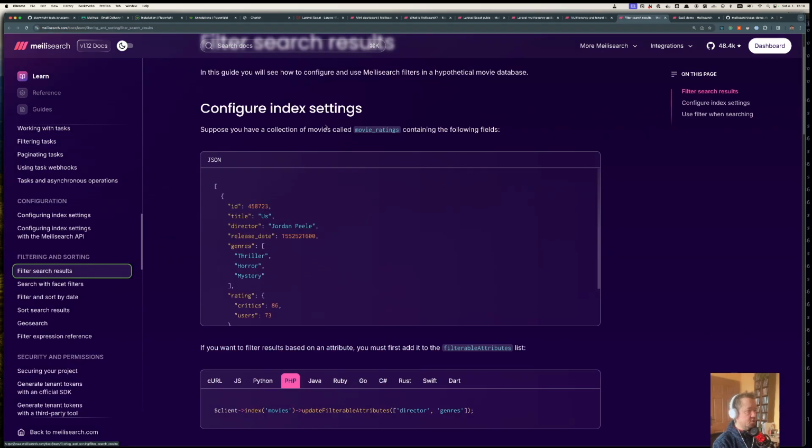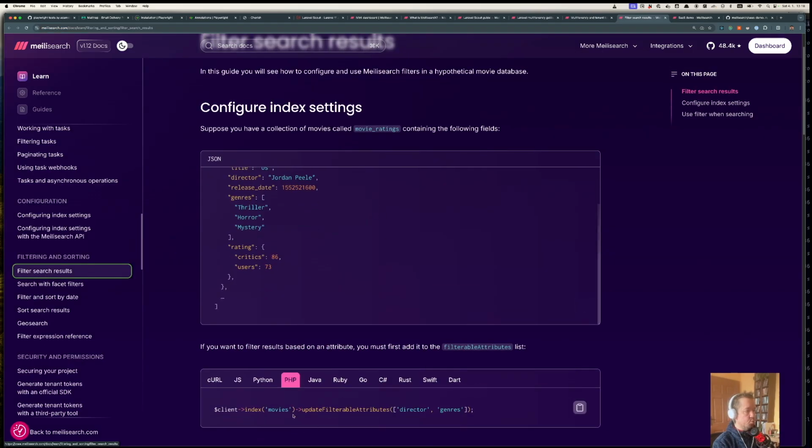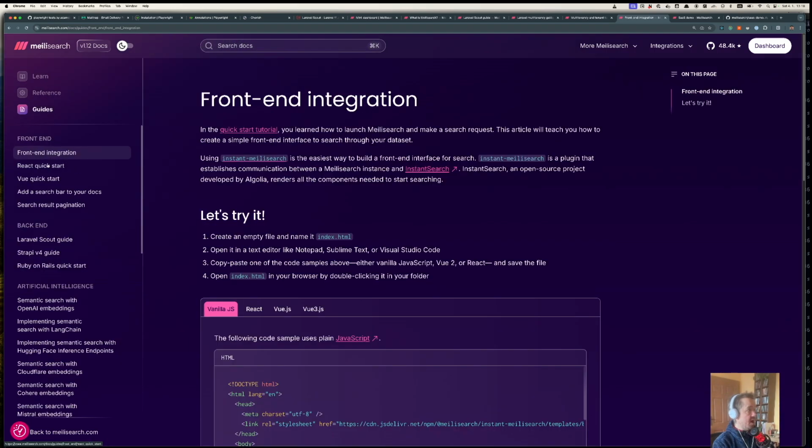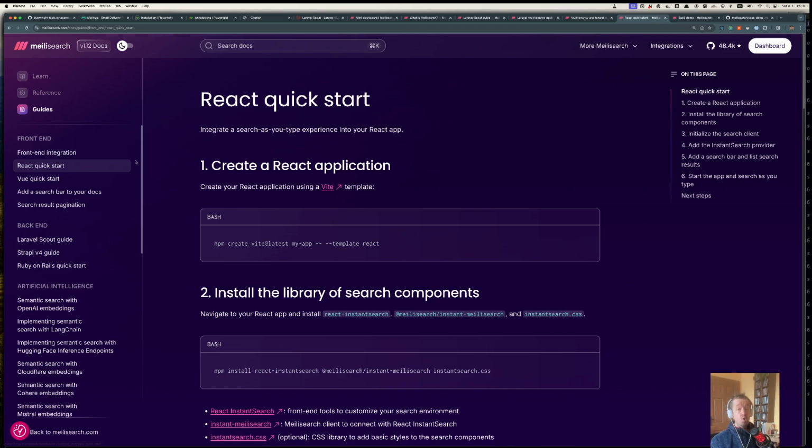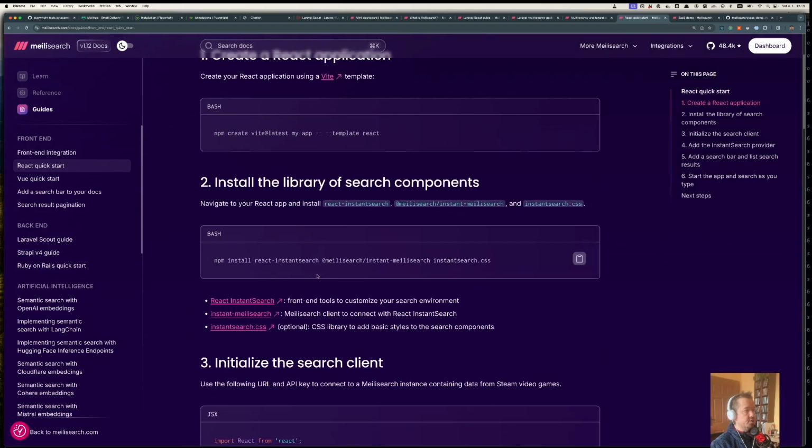A few other things to note. Here you can see where it talks about filterable attributes, so you can decide what you're going to filter by in your Meilisearch requests. They also have these guides in the documentation. And just to let you know, if you're not a front-end developer and you want something quick and easy, for example on React, you can use this